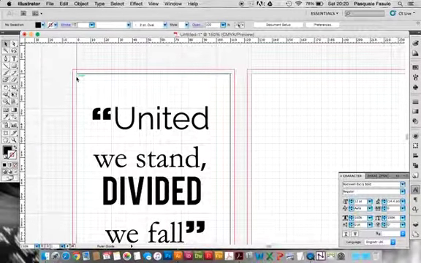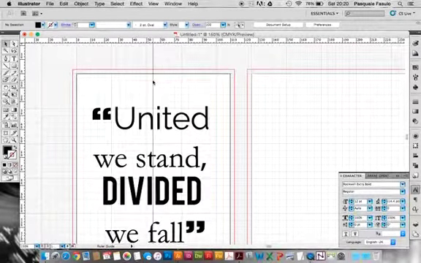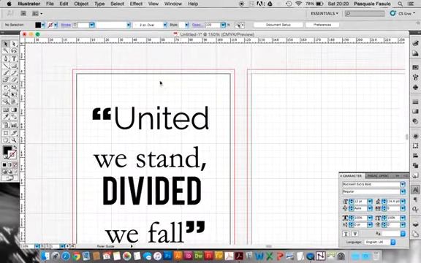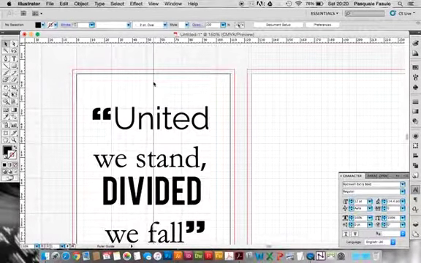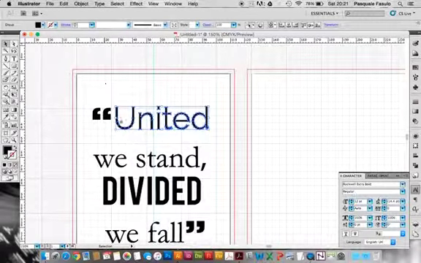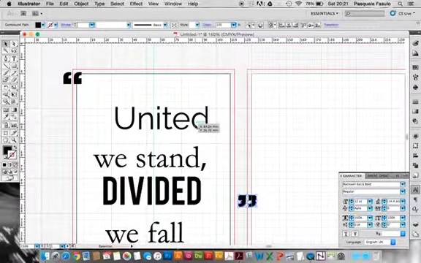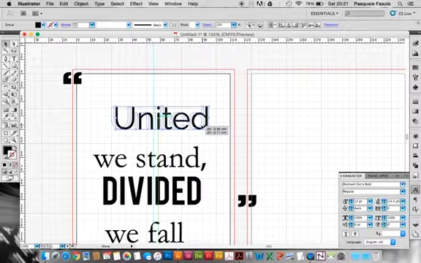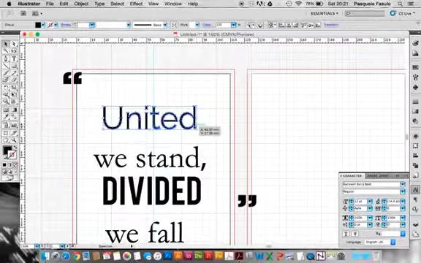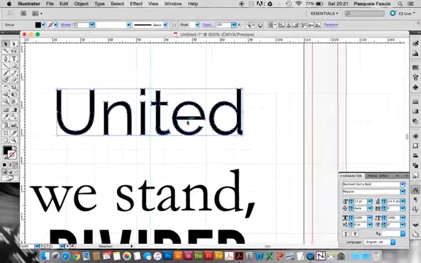So we know that the width of our postcard is 110, so we are looking for the 55 mark. Remember, we've got subdivisions, 25, that's 50, and then in here, 55 would be that. So there's our guide there, and that means that we can line things up centrally. So I'm just going to move the quote marks out of the way. These are secondary for now, and I'm going to select the United, and I want to align it to the